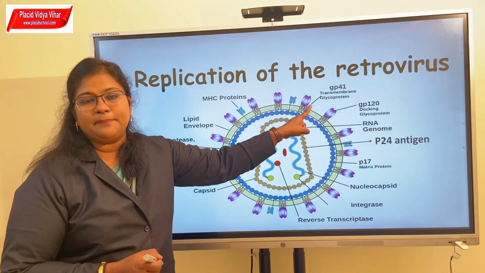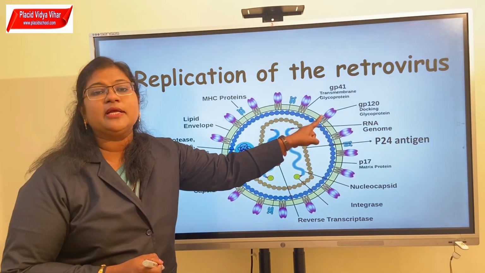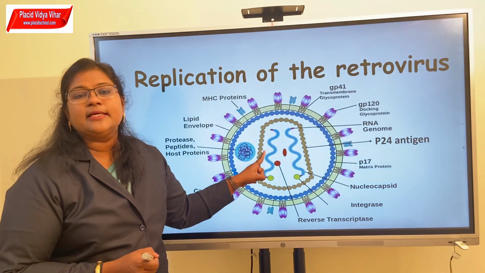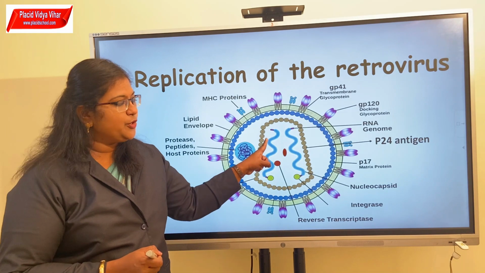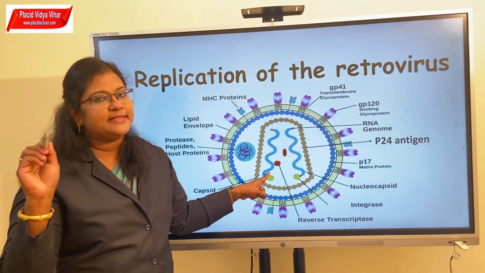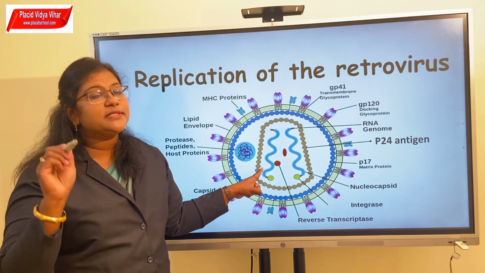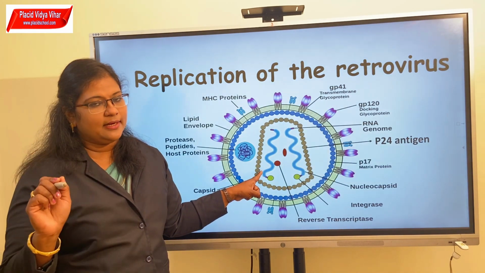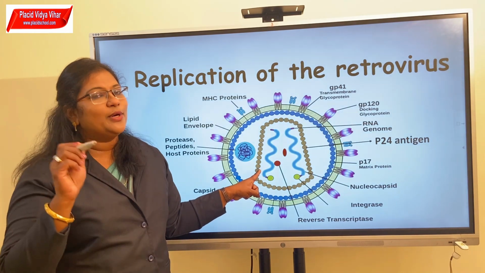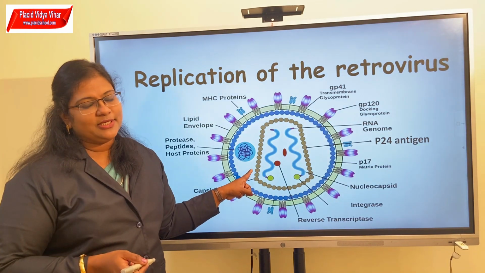They will help in membrane binding to the surface of our immune cells. Then a capsid which protects the genome of the virus. The genome is made up of two single-stranded positive sense RNA. Remember, two single-stranded positive sense RNA. What is meant by positive and negative sense RNAs? This you have to look up and tell me in the discussion classes.